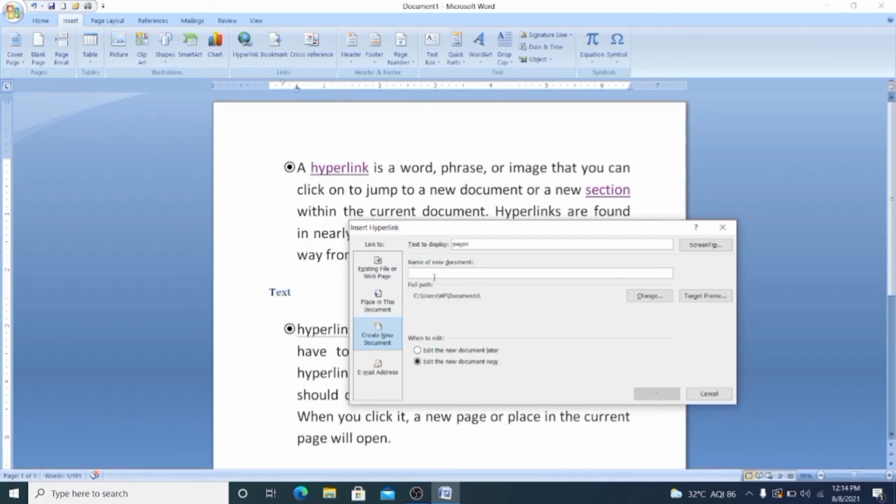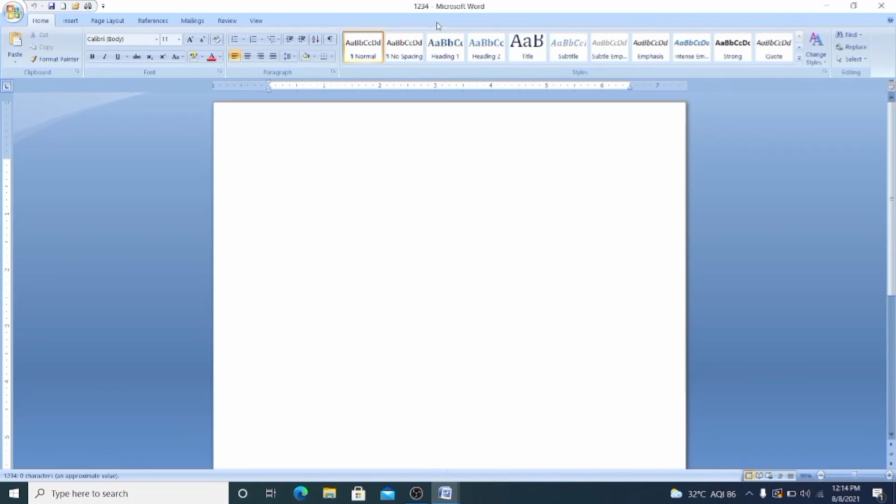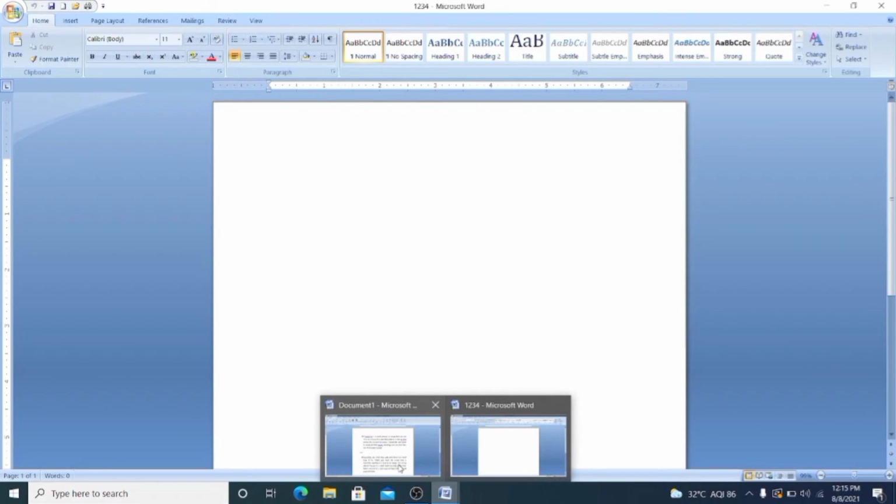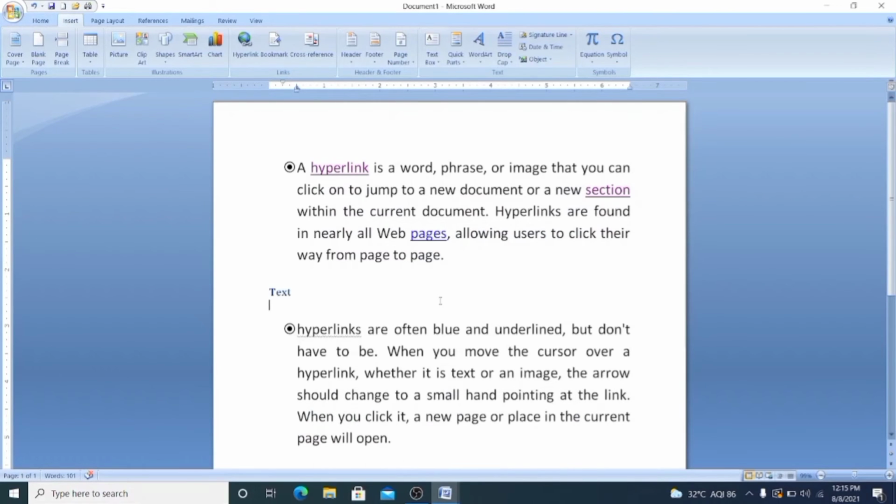Suppose I'm giving the name 1234, and I click on the OK button. Here you have seen a new document, 1234, is created on your screen in Word format. So this is the third practical, and it is clear to you all how we can insert a new file at the same time.